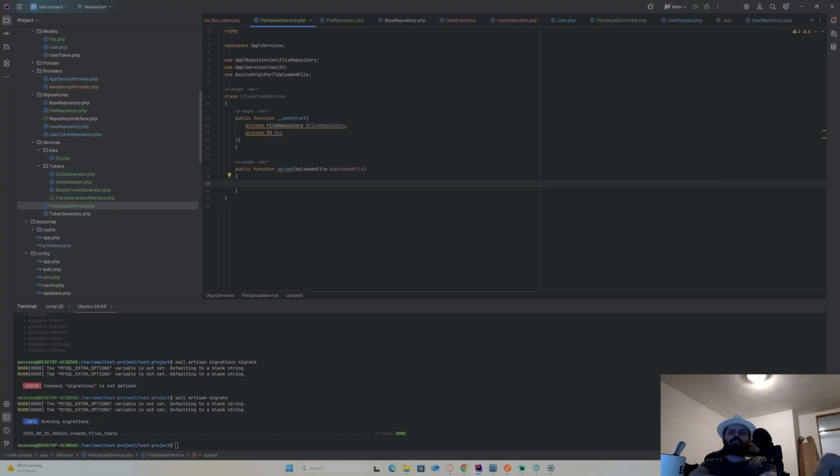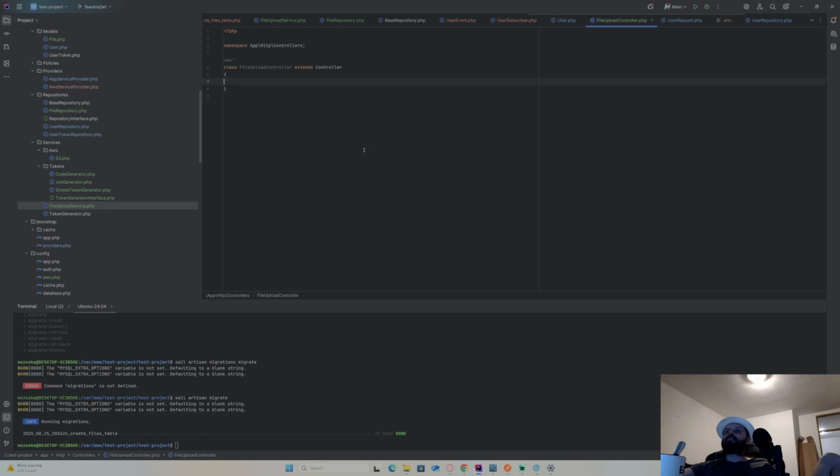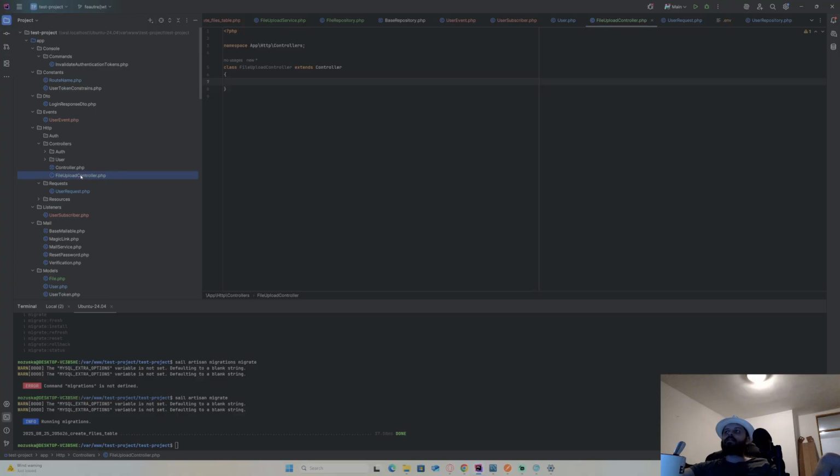So first, I need to do two things. I need to upload the file to local and then apply it to the s3 bucket. And I also need to create the file name and other popular fields. So basically here I'll just create the file name, but I already have that in my controller, so I'm just going to wait, why is that empty? Just a second.